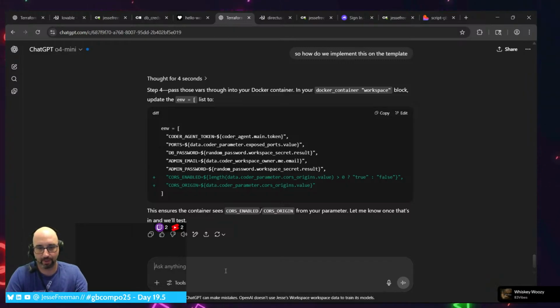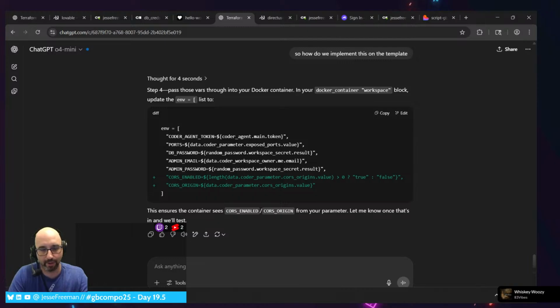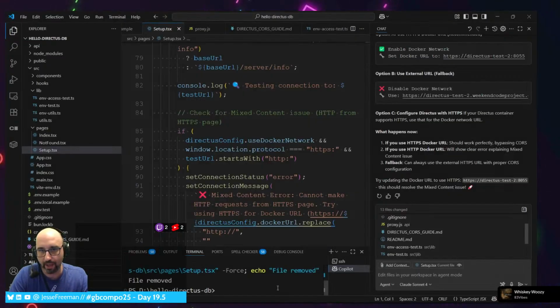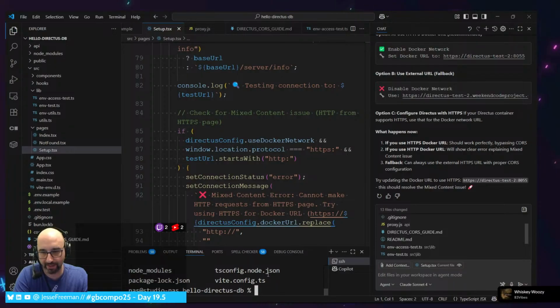Okay. All right. Now, this was the template. Okay, I know what I need to tell it to do. So if I come into here and I SSH, ls.